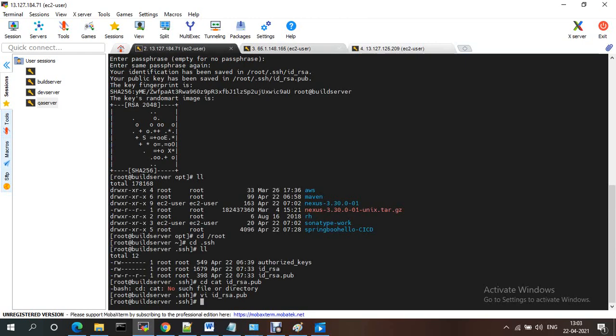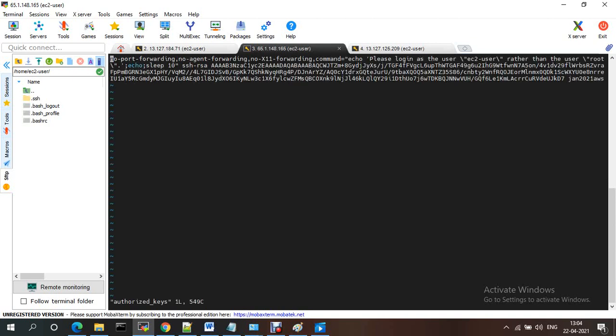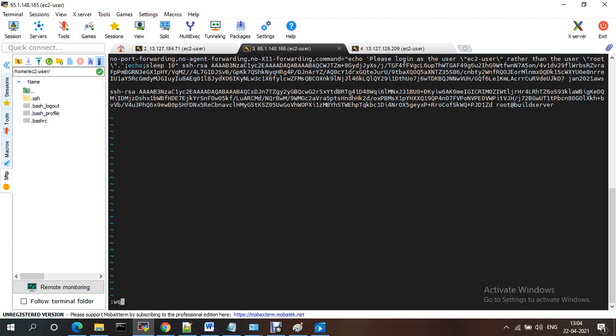So I'm going to this server, cd root, .ssh. Here there is authorized_keys. I'm pasting under this one. I vi authorized_keys, give a space and paste this key, and save the file.